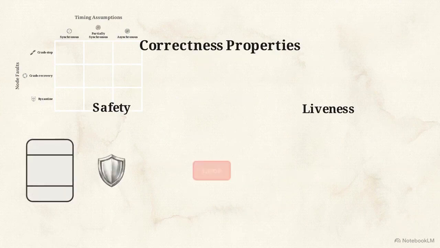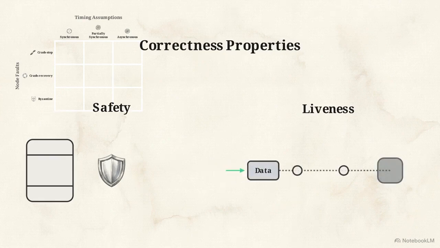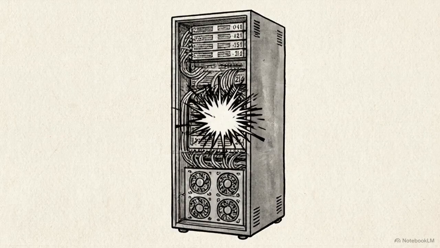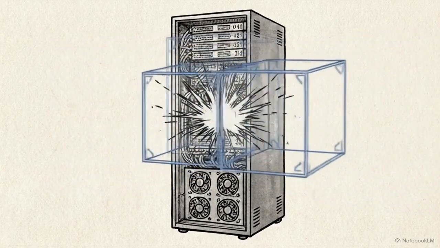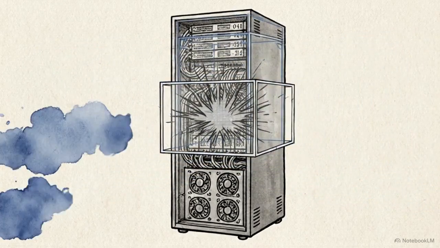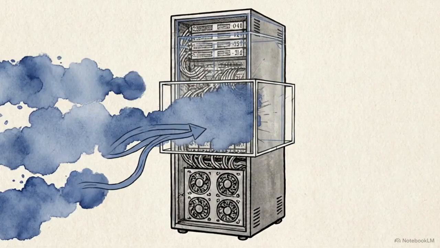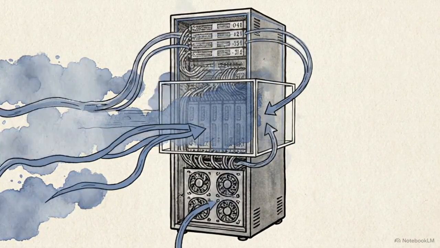Safety properties ensure that an incorrect state, like duplicate fencing tokens, will never occur. Liveness properties guarantee that, despite the delays and the crashes, the system will eventually produce a successful result. Distributed engineering does not succeed by assuming hardware executes flawlessly. It succeeds by anticipating the inevitable failures of physics and mathematically constraining the damage.